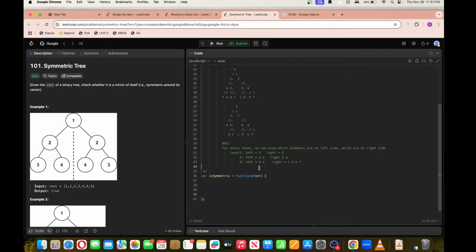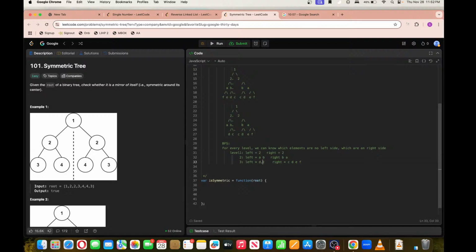So to check if it is exactly opposite or not, what I can do is, because this will be a queue, right? This will be an array. So actually I can just change it into a string, that is one way. I can either change it into a string, or